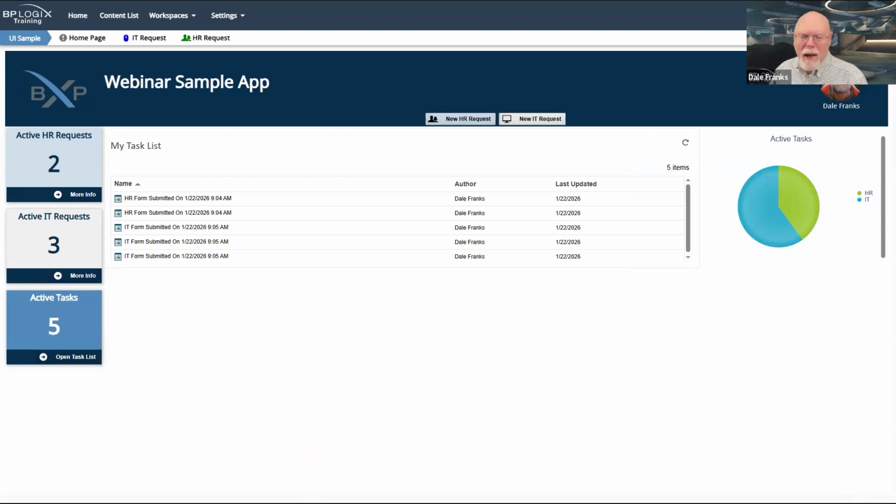So what we're looking at here is a workspace. This is my advanced UI workspace, and it has a couple of cool little features to it. Now, this is a workspace for submitting some sort of notional request. I have two different types of requests that I can submit, an HR request and an IT request.